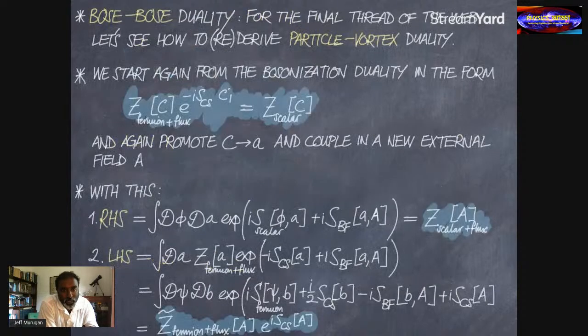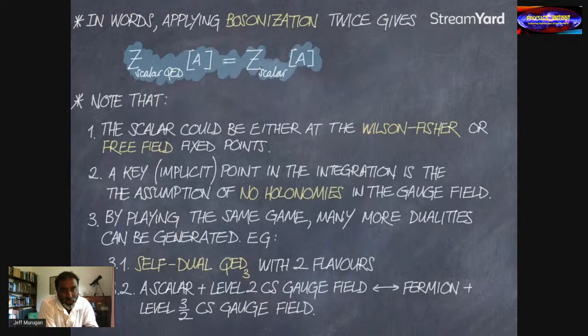And then, of course, I have to substitute back into this equation. And when I do that, I'm applying the bosonization twice. And when I apply the bosonization twice, I find precisely what I want. That scalar QED, so this is quantum electrodynamics, but not with a fermion, with a scalar field, is dual to